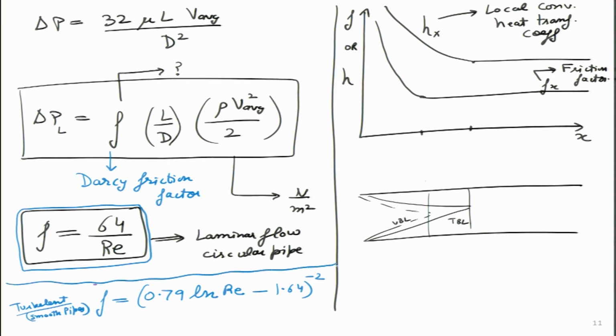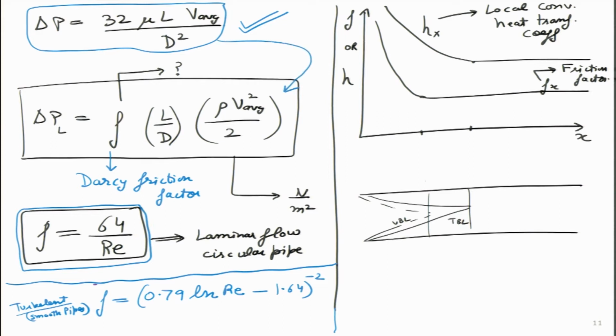So, this is something that we will look at later on. Just for the sake of completion, I wanted to show over here that delta P I could have expressed in these terms itself, given in the blue box over here, but as engineers we like to write it in terms of a common factor, which is given over here, the Darcy friction factor. So, both are equivalent in terms of Reynolds number, because if I substitute 64 by Re over here as the value of F, then automatically I will get this expression over here. So, I think this is something that we can clearly see.